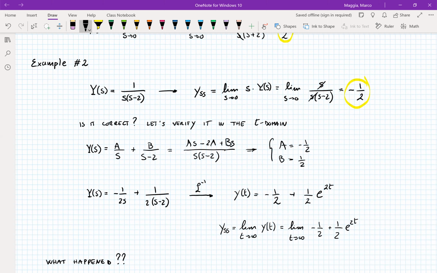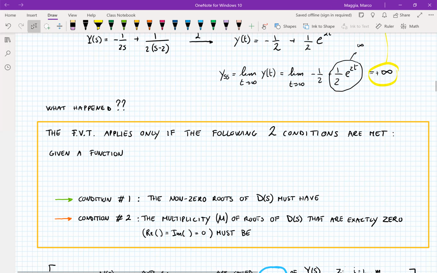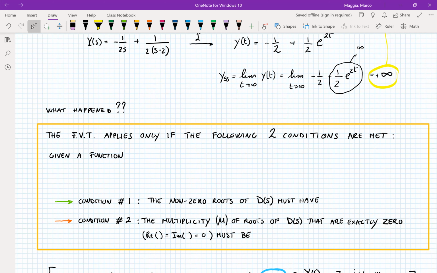And you see that the second term grows exponentially and goes all the way to infinity. So the limit of y of t as time goes to infinity is actually plus infinity. So these two results are not the same. So what happened? Well, that is because, as I suggested, the final value theorem applies if and only if